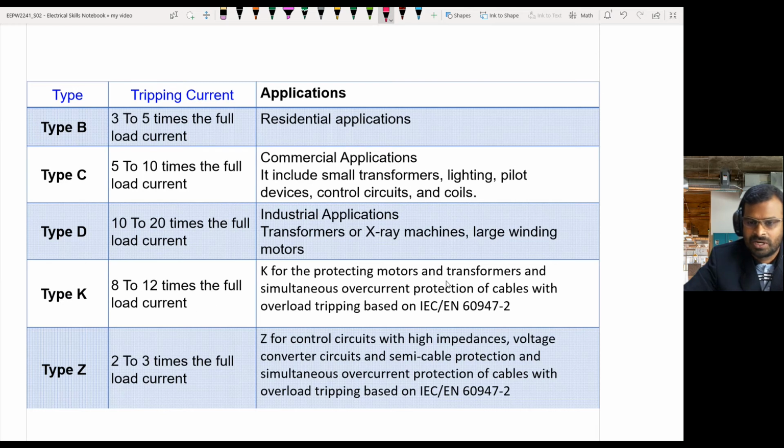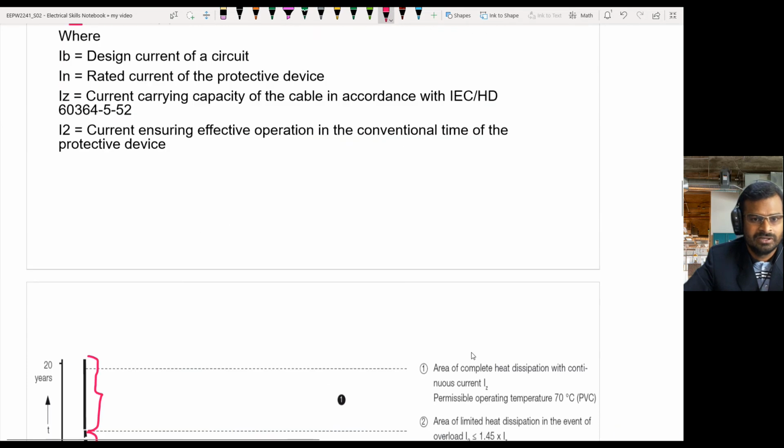K type is used for protecting motors and transformers and simultaneous overcurrent protection of cables with overload tripping based on this IEC standard. And type Z is 2 to 3 times of full load current, that is the trip range, and it is used in high impedance voltage converter circuits, semiconductor protections, and simultaneous overcurrent protection of cables with respect to these IEC standards. So I hope I have explained the different